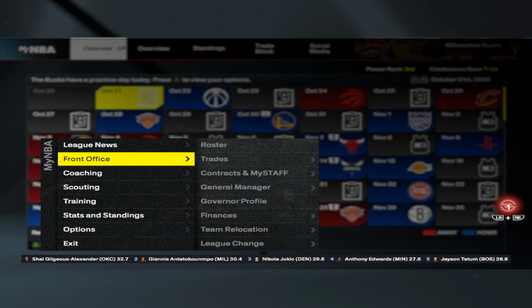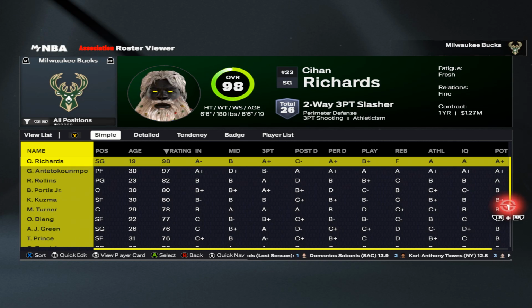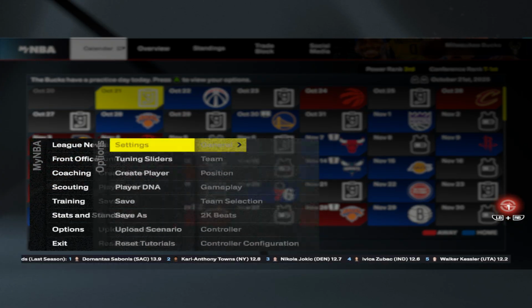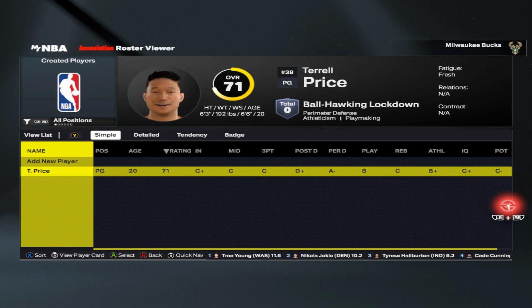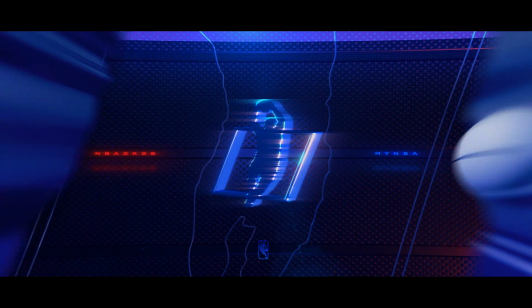First thing you want to do though, once you get to this screen, is go to the roster, drop a player, and then go to create a player in options, and select the build that has the TAS file on it. Now, obviously mine don't show it because I've already got that. So you're just gonna select the one that has the TAS file, like I said, and then once you do that, go back to the main menu,